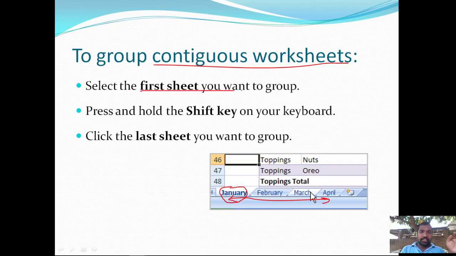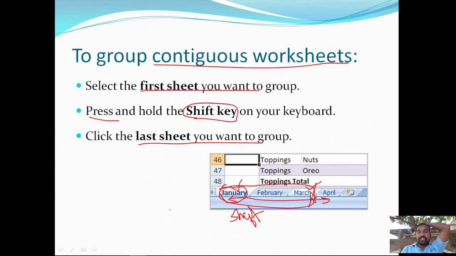So select the first sheet you want to group, then press and hold the shift key on your keypad, and click the last sheet you want to group. For example, March. Then January, February, March come under a group.